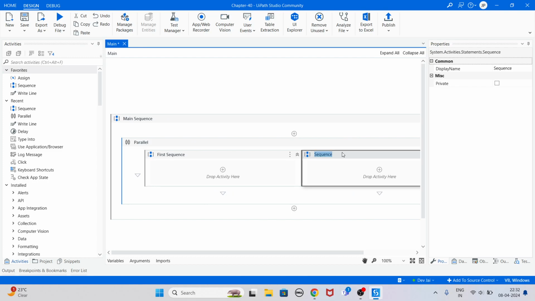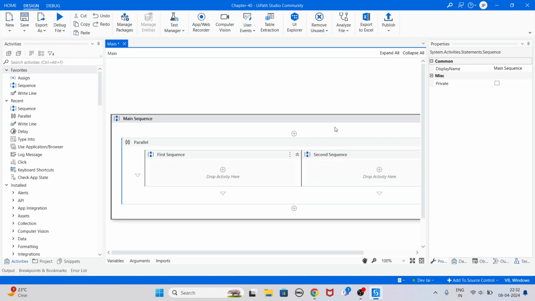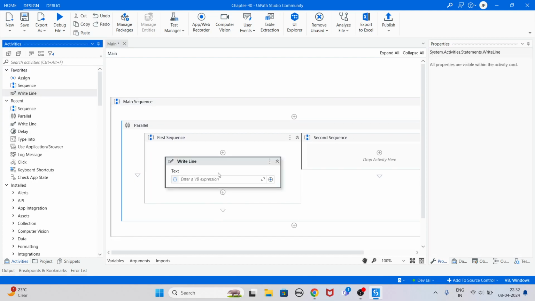So let's quickly name it second sequence, right? This is the first sequence, this is the second sequence. And now we have to encapsulate small child activities inside both of these sequences. To do that, we can use the Write Line also over here just to make the demo. यहाँ पे हम Write Line use करते हैं